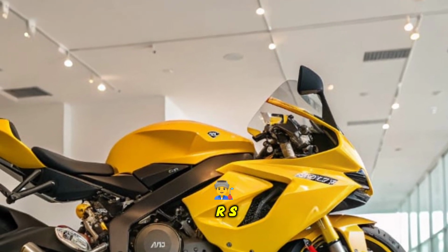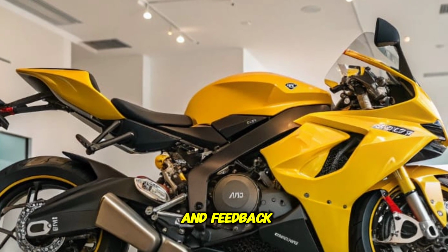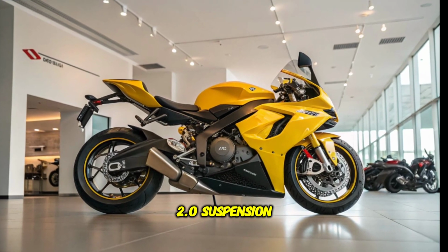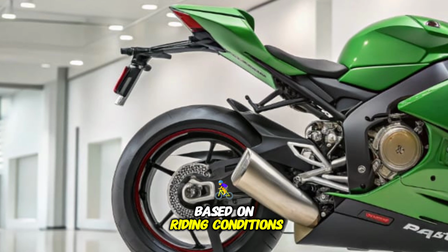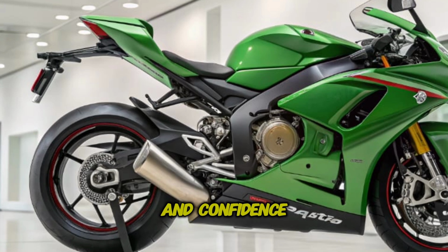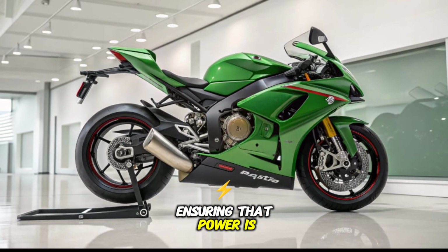The chassis of the RSV4 Factory is where Aprilia's racing heritage truly shines. The aluminum twin spar frame is known for its rigidity and feedback, giving riders a precise feel of what the bike is doing at all times. Fully adjustable Öhlins Smart EC 2.0 suspension components further enhance the ride, allowing for quick adjustments based on riding conditions. Whether attacking a racetrack or carving through winding mountain roads, the RSV4 Factory offers an unparalleled level of control and confidence. The swing arm, inspired by MotoGP developments, provides improved traction and stability, ensuring that power is efficiently transferred to